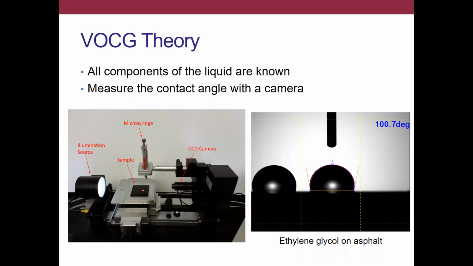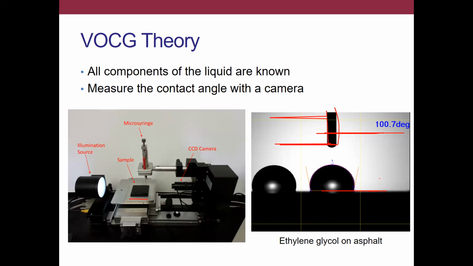Here's the example of using ethylene glycol. Here we use just a contact angle measurement device. So we produce a very flat, smooth surface of asphalt. We do those same oxidizing treatments to it. All right, we have a high resolution camera, an illumination source, and we drop a very small amount of liquid onto the surface. And then the camera is able to measure that contact angle, right? We can see over here, here is our syringe. You can see the droplet, and then you can clearly see the surface of the asphalt film. So the camera is able to do all of that calculation.